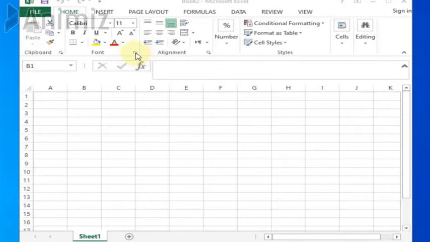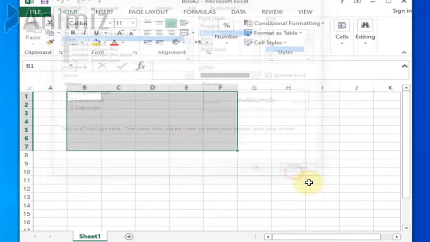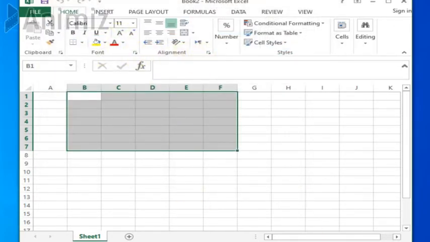This is a ribbon, and this is a group where you can change the formatting of the text: the writing of the text, the size, the color, and the type of text. There is this launch button over here as well, and it is present on different groups. We call it a launch button because if I double click it, it opens up this menu where you can format your text, which we are going to do.